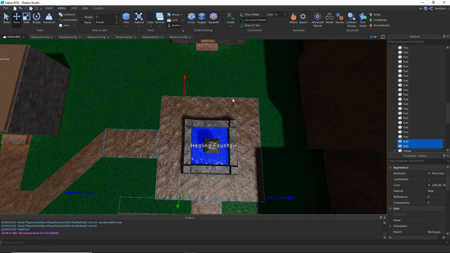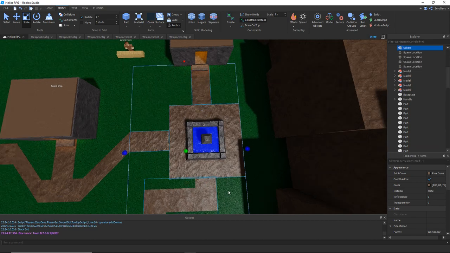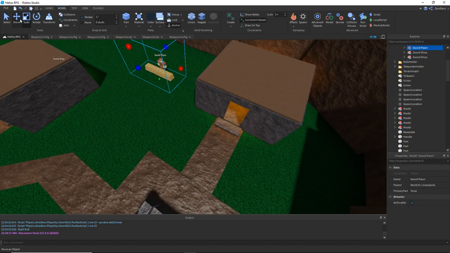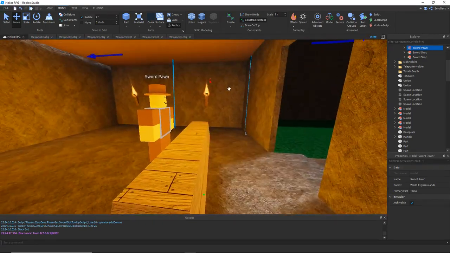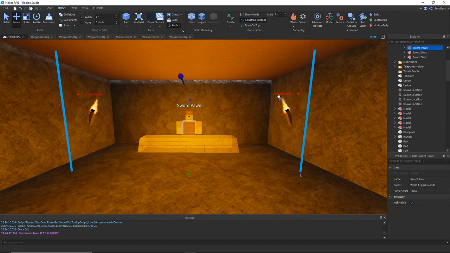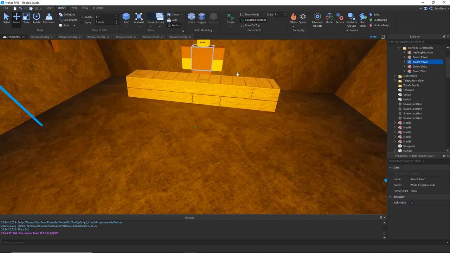Let's just say I separate this and just drag this right over here and just union this back up. Now if we drag our sword pawn in there, did I duplicate? Oh yeah, there's two more, it doesn't matter. If we go to sword pawn,